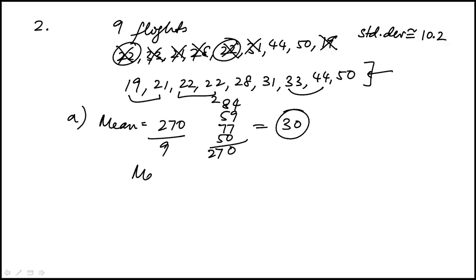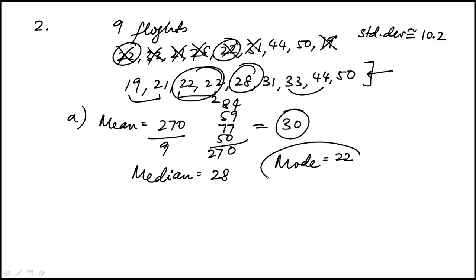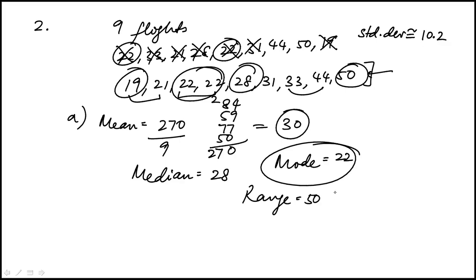Then we're asked to find the median. So there are 9 data points, so we will have a middle point, which is 28. So the median is 28. And mode, which is the most frequently occurring data point, there are two 22s, so the mode is 22. And the range, which is the difference between the greatest and the least, is going to be 50 minus 19,